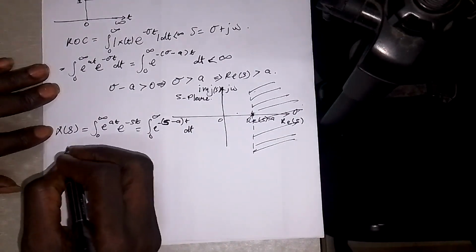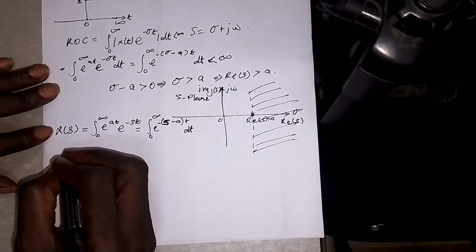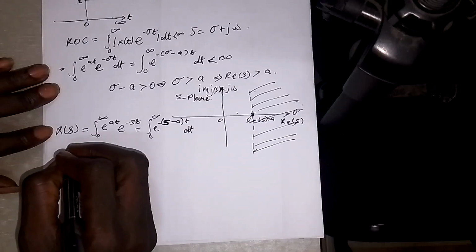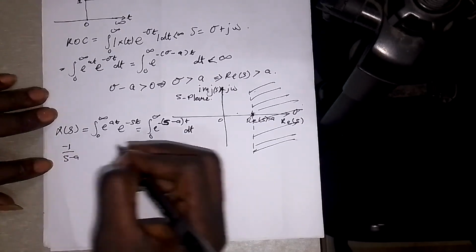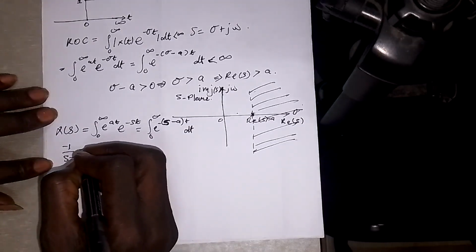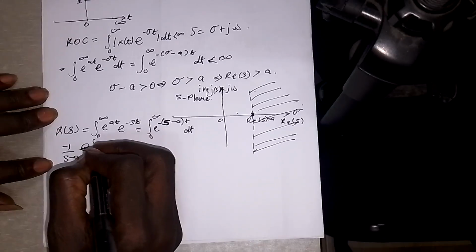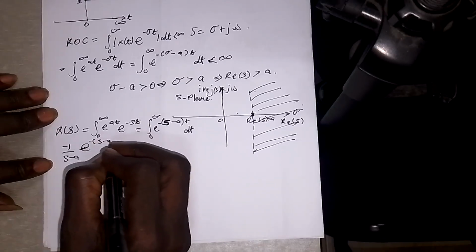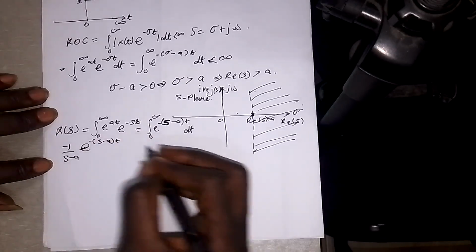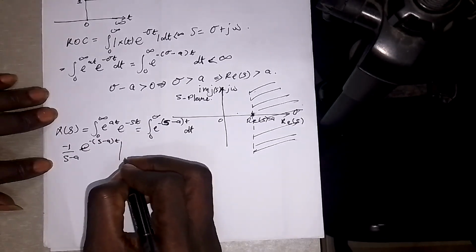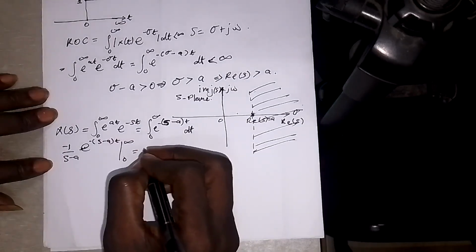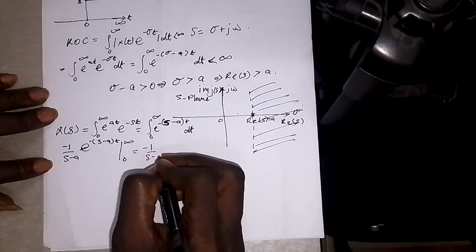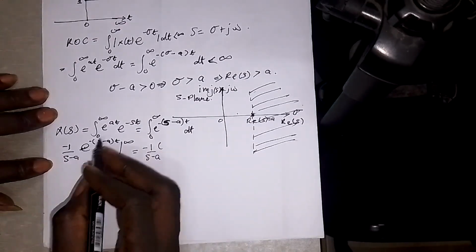If I do that, in terms of integration, I'm going to have minus 1 over s minus a into e to the power of minus s minus a into t. Here my limits are 0 and infinity, which is equal to minus 1 over s minus a into